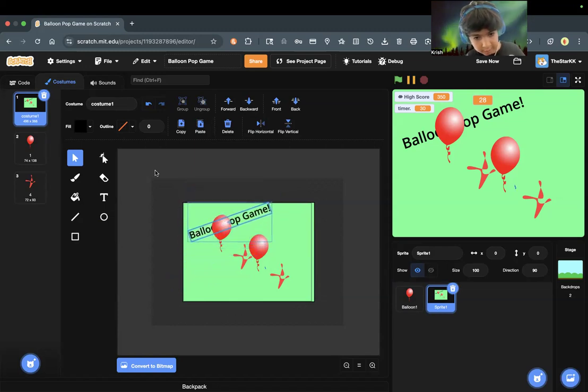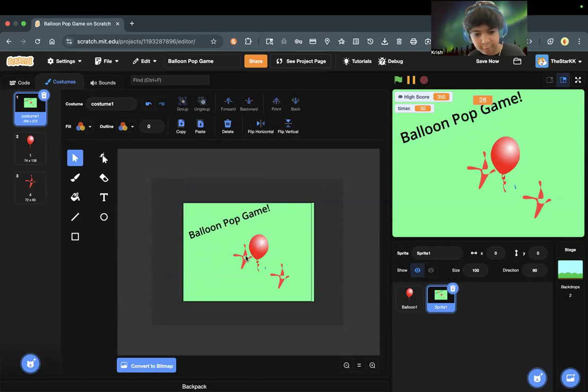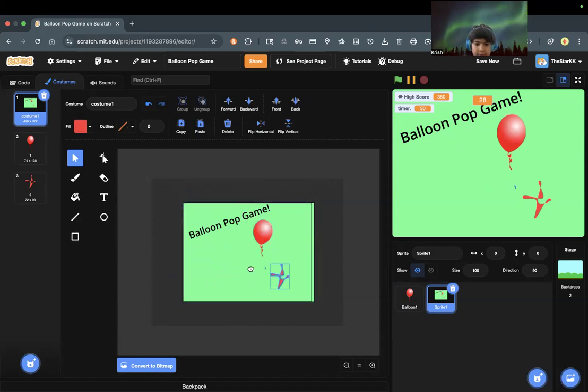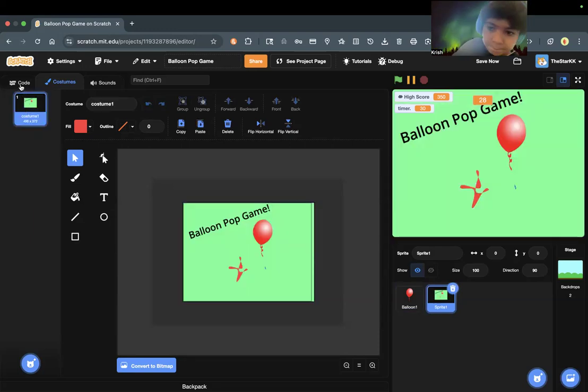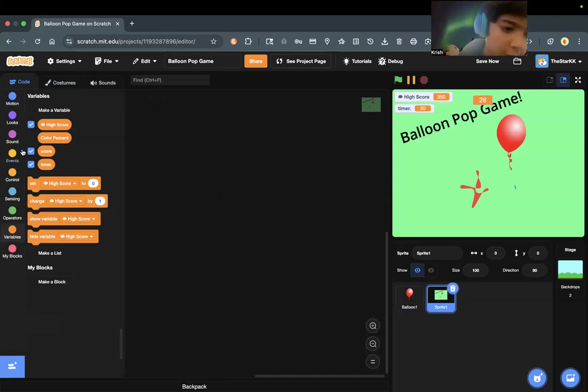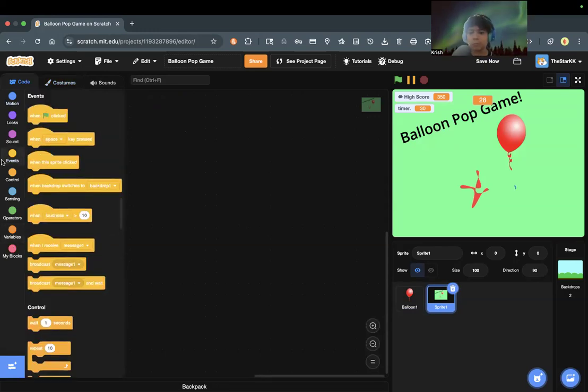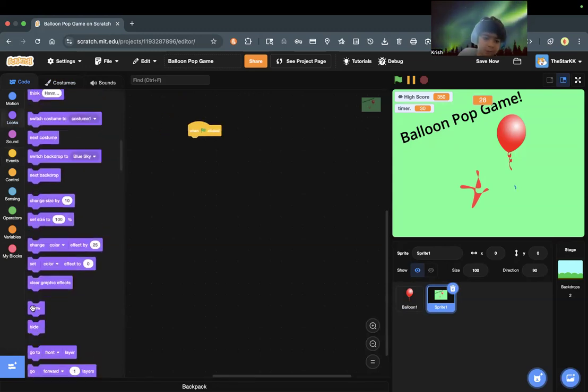Okay, so that doesn't work, and we'll remove that, and we'll remove this. If you want, you could add more, but I'm just gonna keep these. And now that's our thumbnail. We could also delete these costumes. Boom, we have that. So for the code, we're going to do a when green flag clicked, just simply show,